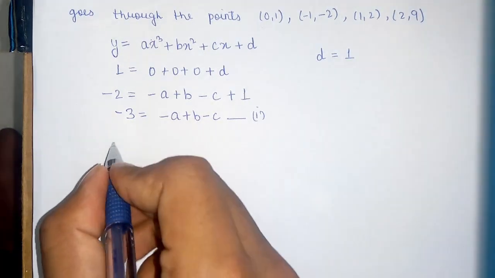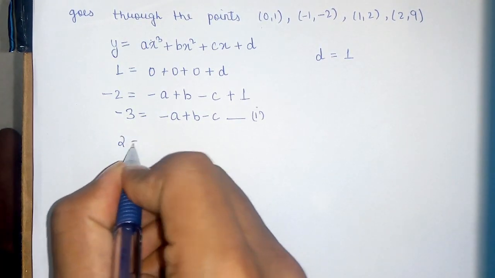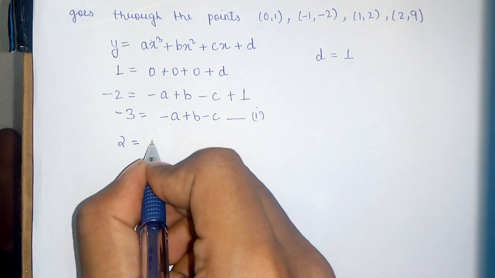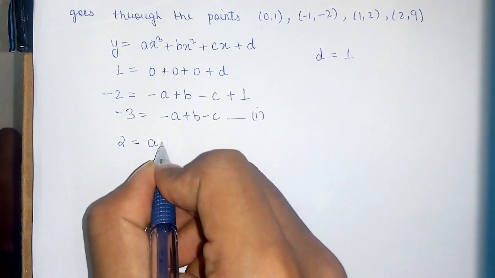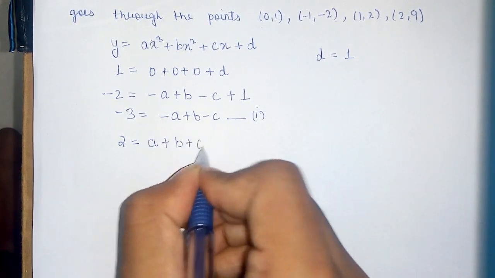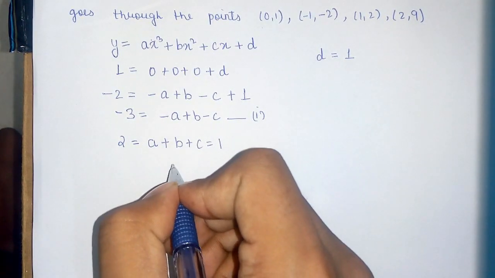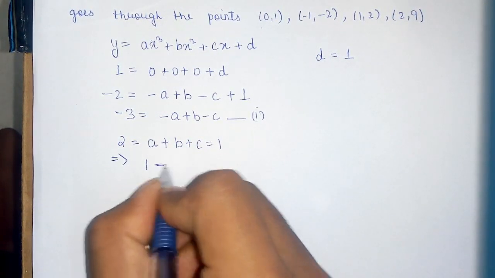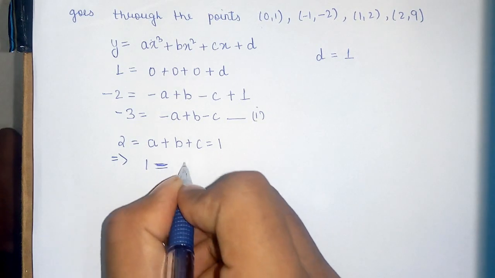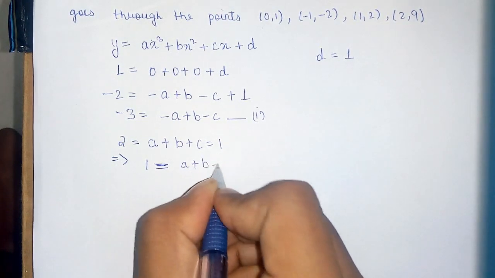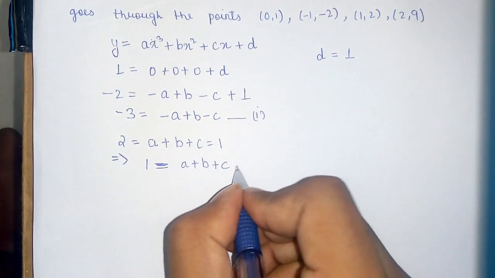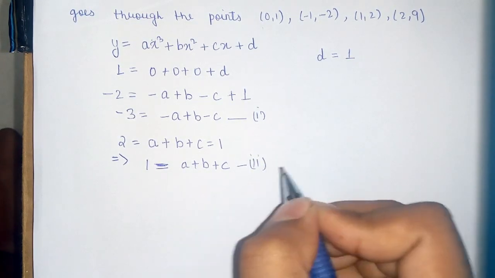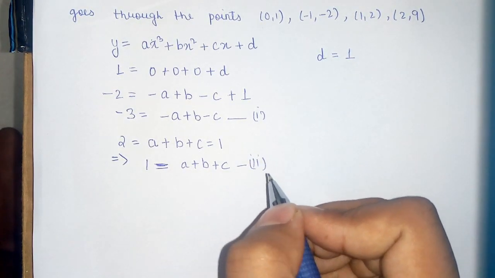Now let's put 1, 2. 2 equals a plus b plus c plus 1, or this can be written as 1 equals a plus b plus c. Let's say this is equation 2,